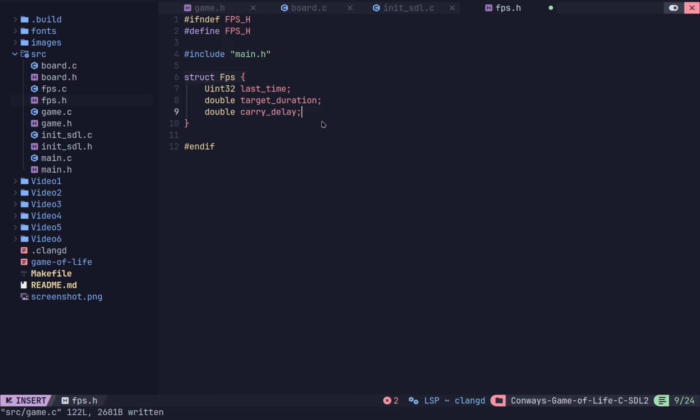Carry delay is, like I said, if I missed my target, you'll never hit your target exactly. Also, my target duration is going to be something like 16.66666, depending on how the game is run. And I can only target 16 because that's an unsigned integer, so I can carry that 0.6 over as well. This one is going to be clamping it, so I only go plus or minus 50 milliseconds. And these can be const as well. Max